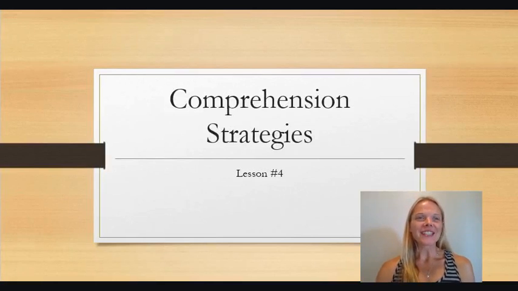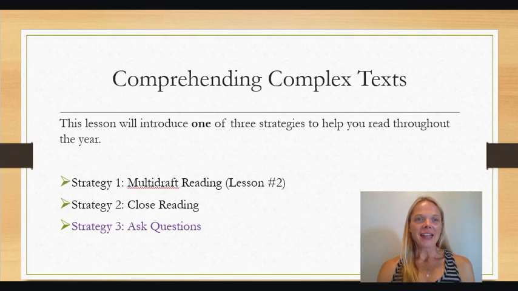In this fourth lesson of our week, we're working on comprehension strategies. The last two lessons worked on multi-draft reading, which taught you to read texts 3 times to pick up on some more information and start digging a little bit deeper. And the second strategy was actually teaching you how to do a close reading. And we learned that strategy 1 and strategy 2 are really integrated into one another, because when you're reading a text a second time and a third time, you're actually doing a close reading. We're going to dig even deeper than that, guys, and go really deep.